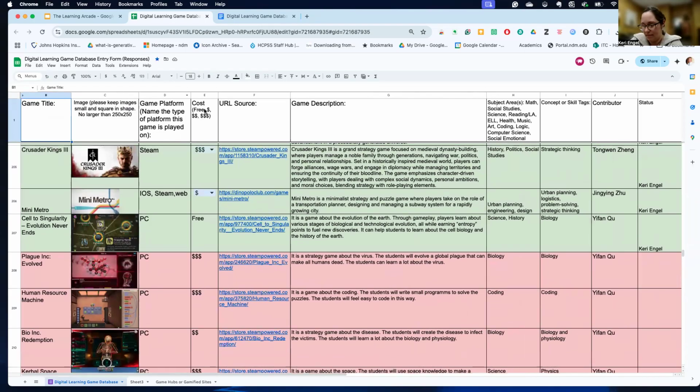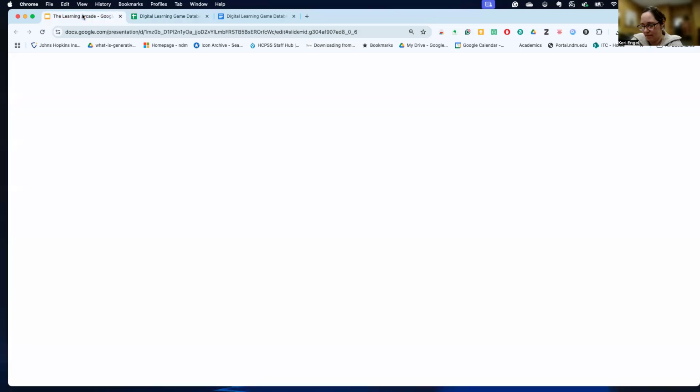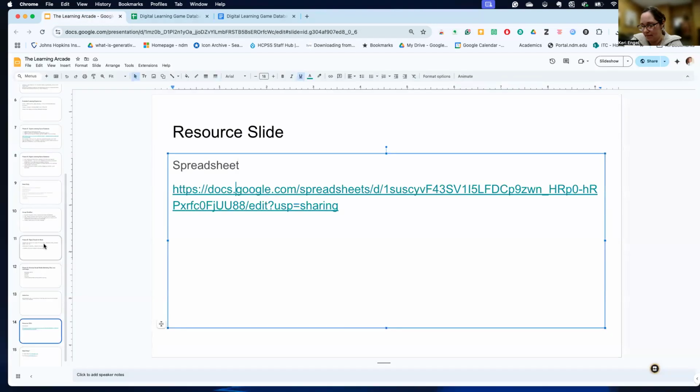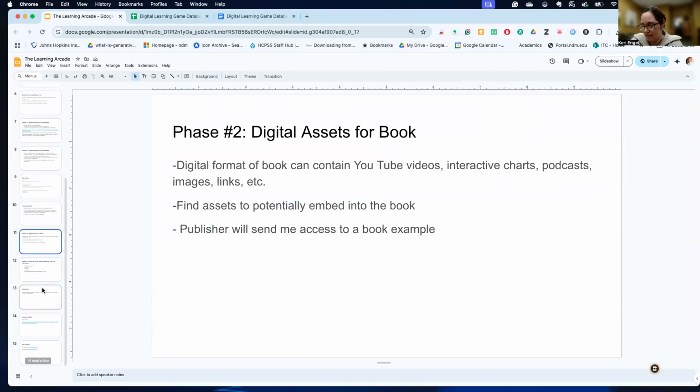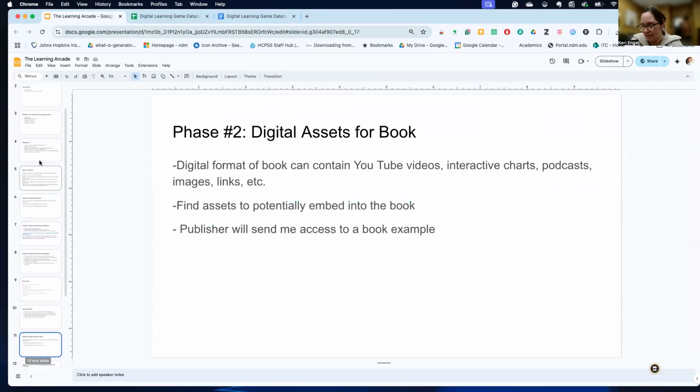So platforms, cost. Now, there's a couple different ways of categorizing this. That is, how much money does it cost to actually download and play? There's a lot of games on here that are free. There's some that are cheap, some that are a little bit more expensive, and some that are fairly expensive. So what we do is we categorize them, and I'll show you, if you go back into the slideshow, it actually describes what